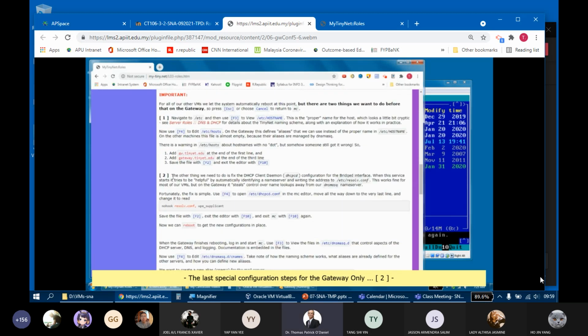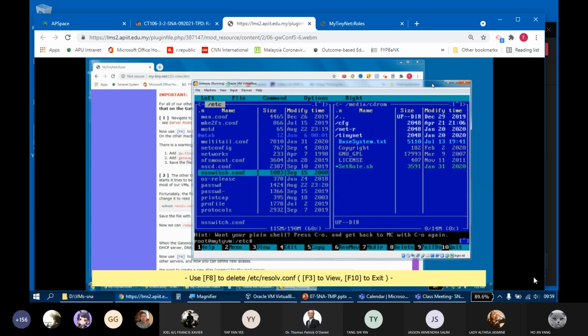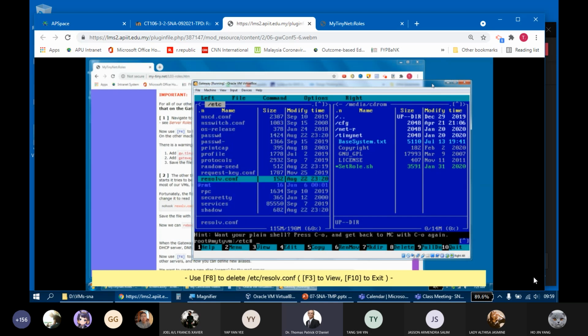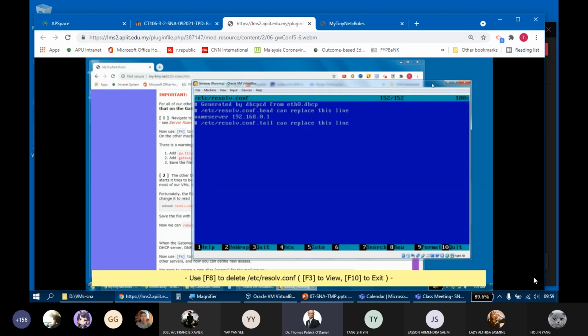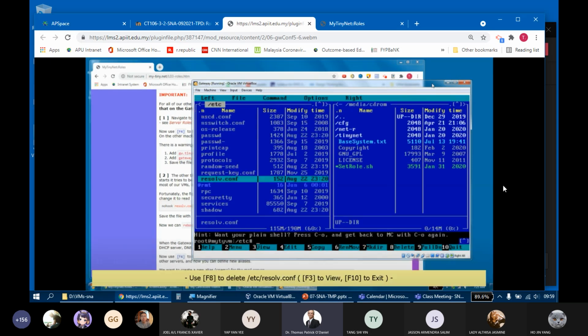Did that part. Now we need to do this part. F8, 2. So we just move down and find that file. Got to know your alphabet though. There it is, resolve.conf. All right. This is problematic for us. It's explained on the website there, but in practical terms, all we need to do is F8 and yes, and